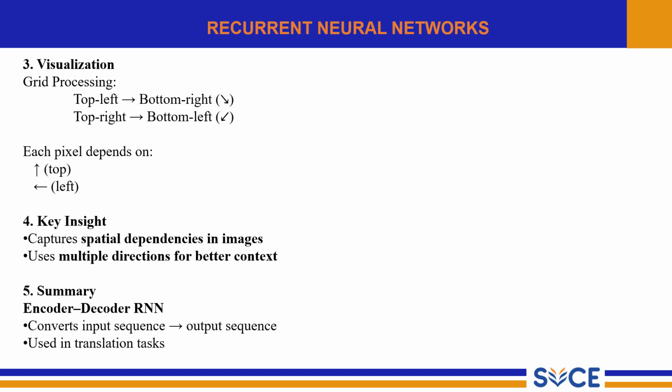Why does diagonal bi-LSTM work so well? The main problem in image generation is not just predicting pixels, it is maintaining global coherence. For example, eyes must align properly on the face, edges must stay continuous, and textures must remain consistent across regions. A simple row-based RNN struggles because it only sees a narrow context. But